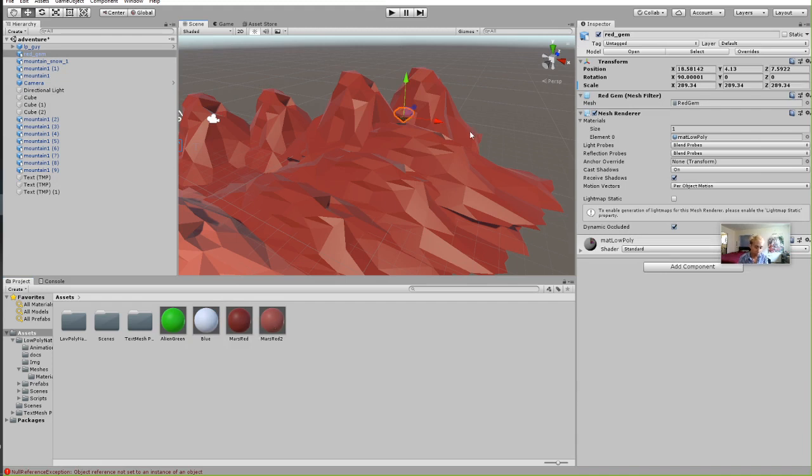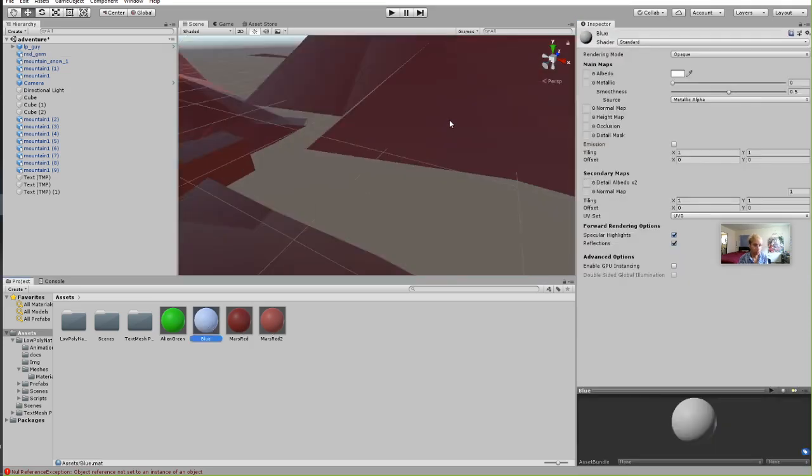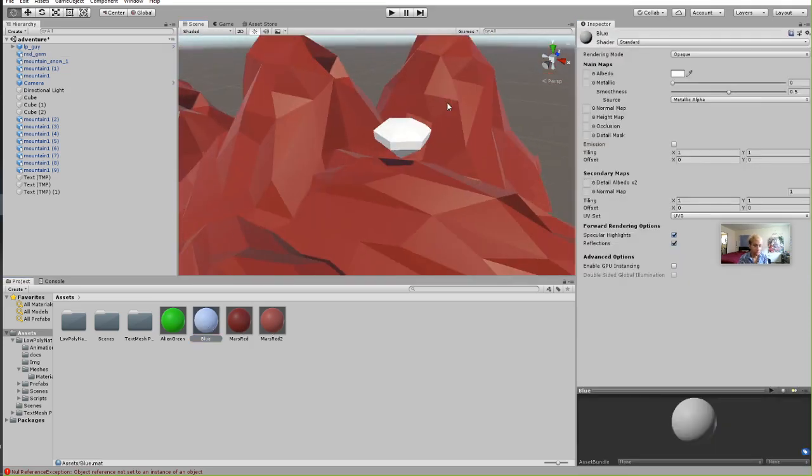This might be a good time actually to cover this. I'm gonna put this material in here. Okay, and now I can edit this material and look at the gem. There's like other kinds of materials up here. Like if I look up here, that